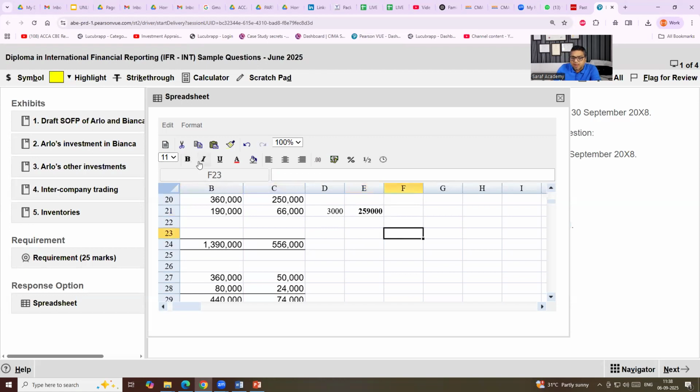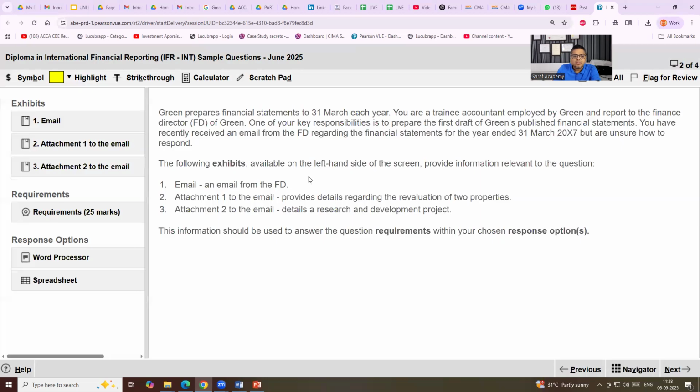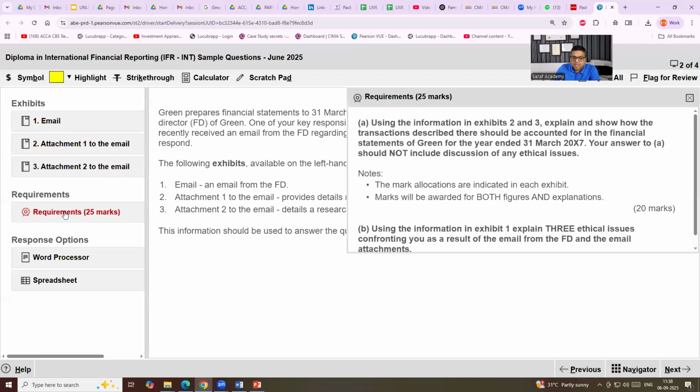But these are some of the features of the Word file. I generally feel that in the exam hall, the time pressure is very high. There is nothing to be used from here, nothing, it doesn't help much. But still, some features are there. Once your answer is complete, you move to the next one. In the next one, again, there are two. Next question, the exhibits are different. The requirements are different here.